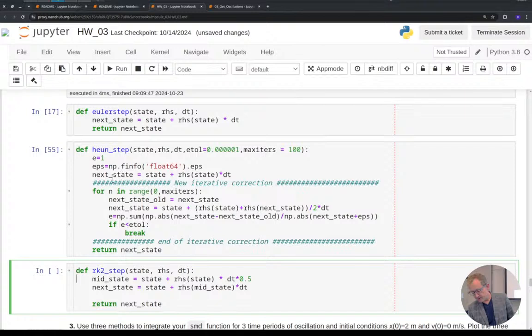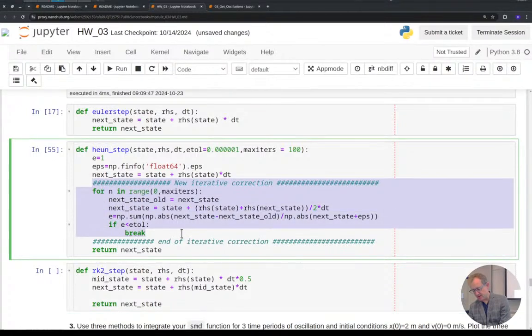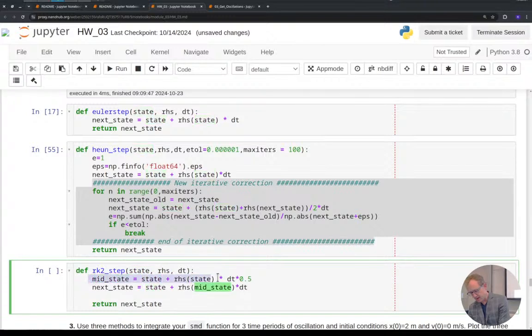So Euler step and this Heun step, it's the same thing. Next state is state plus right hand side times some time step. The extra correction is all within this for loop where we're saying don't give me that next step until you check it. Go through some kind of iterative procedure and keep updating the next state until it converges. Versus this Runge-Kutta, which is